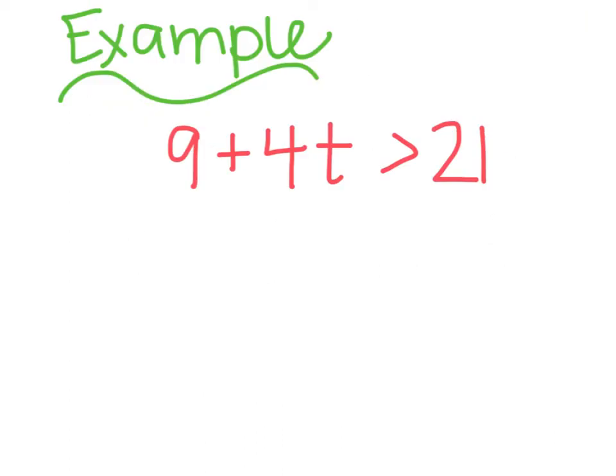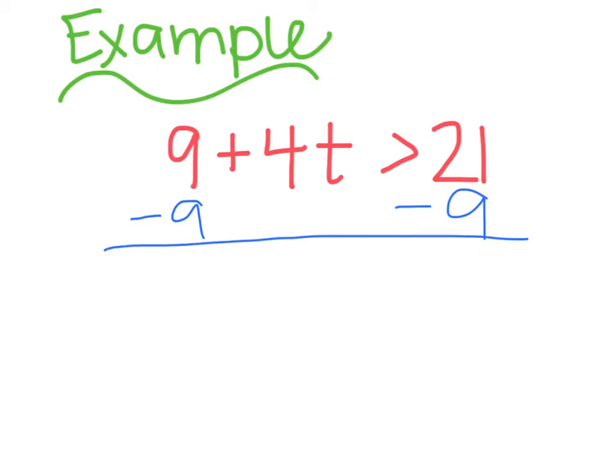Alright, first example for you. This is just a basic two-step problem. And again, we're going to untie what's tied to the variable. And when we do this, we have to go the opposite way in order of operations. So I have to get rid of adding and subtracting first. So I'm going to subtract 9 on both sides. And then I'm left with 4t is greater than,